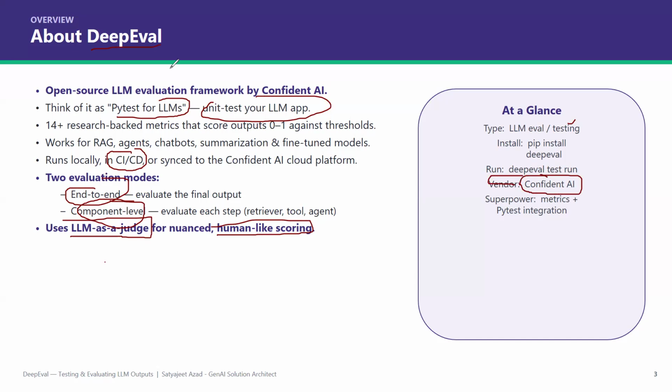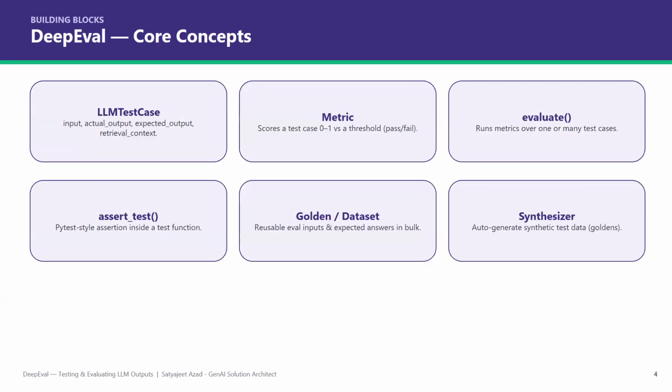And the superpower of this DeepEval framework is that it's metrics oriented, okay? And this pytest integration is there, so that makes DeepEval one of the finest frameworks that we have to work on, okay? Now, the core concepts, the few things that you must have in place. The first one I'll talk about is metrics, because if you have DeepEval integrated in your agentic AI systems, it gives you some scores or some threshold, whether it will pass or not.